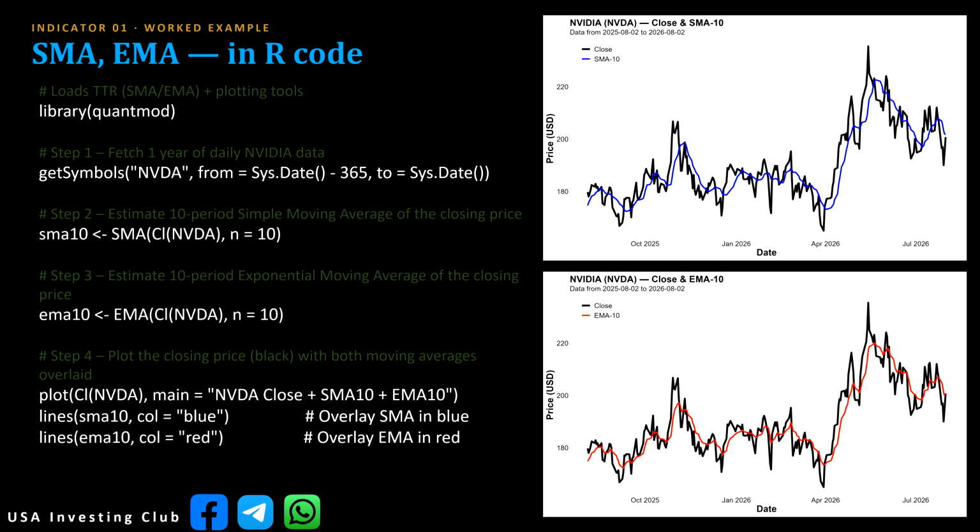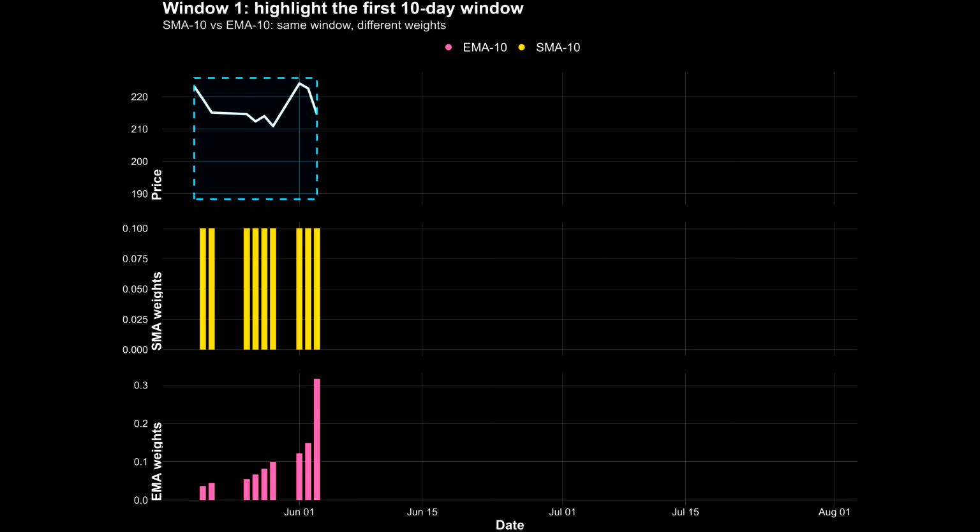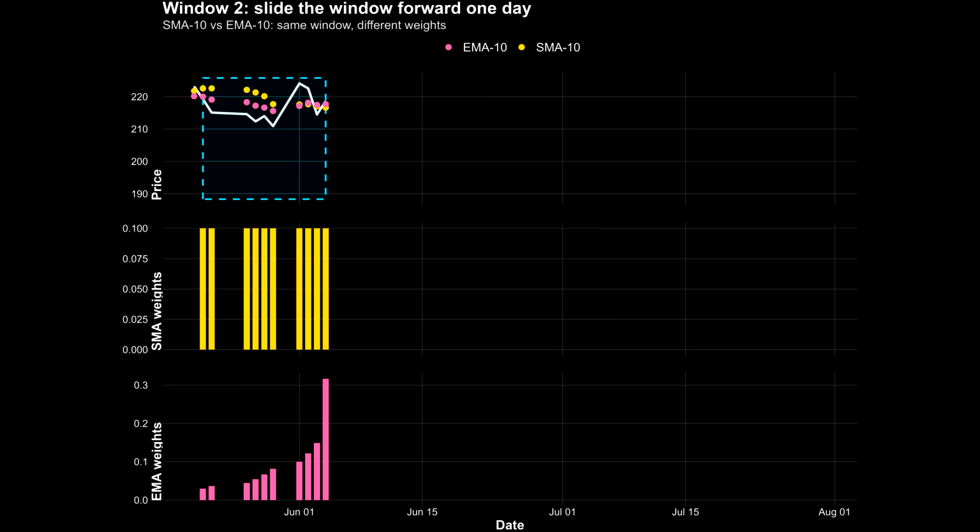5 lines that turn everything we've discussed conceptually into a real, reproducible chart. I'd encourage you to run this yourself on a ticker you actually follow. Watching the blue and red lines diverge and converge in real time will cement today's lesson far better than any slide can. Let's look under the hood at what same window, different weights actually means, because this chart makes it